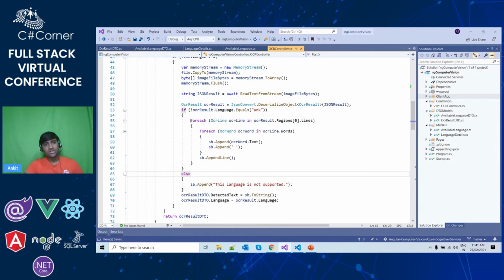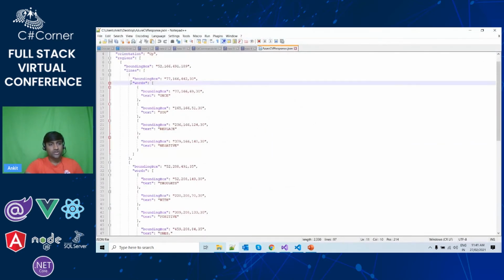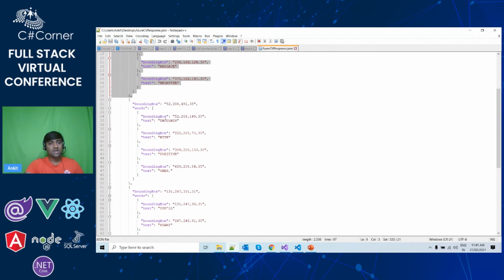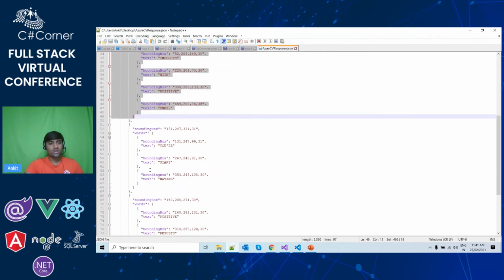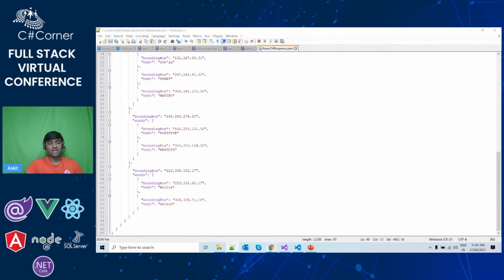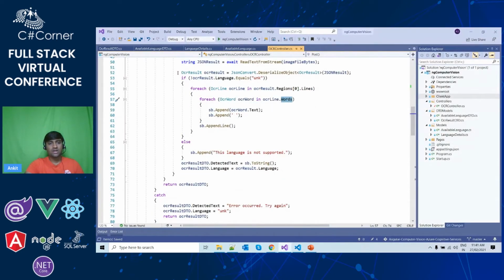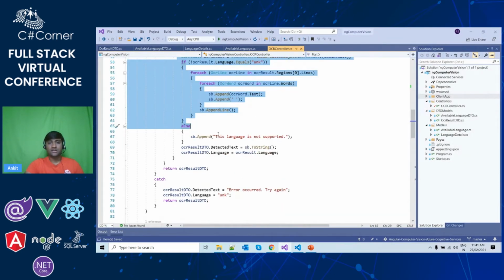So here you can see we are using a nested for each loop. We are going to first iterate over the words. So if you look at this, first we are going to iterate over this words JSON, and then once that is appended, one line is created. Similarly, we are going to again append over all the words and all the lines, and create all the lines like that. So after iterating over this part, we'll get the result.